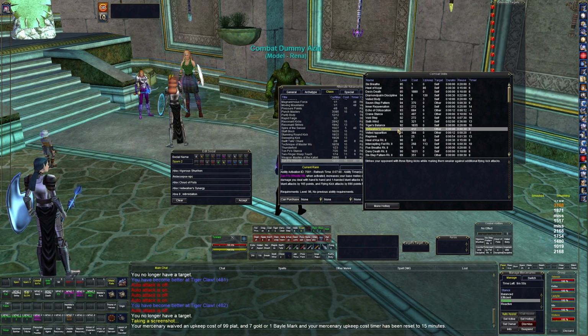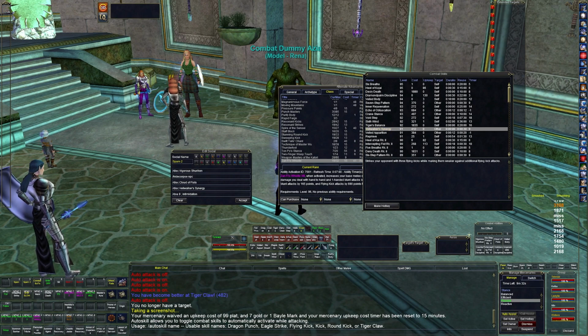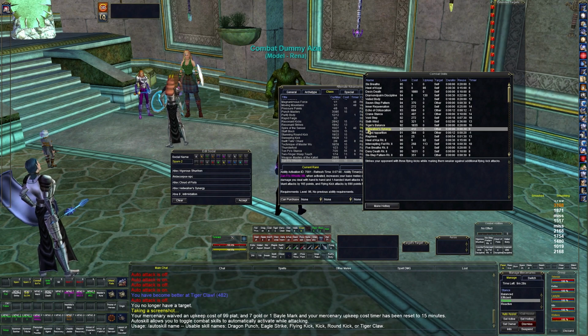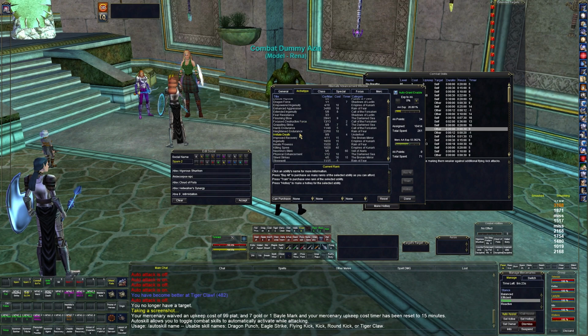Strikes your opponent with 3 flying kicks, and then making them weaker to additional flying kicks. And you'll see that flying kick is our go-to auto skill ability. Right now I'm auto skilling flying kick and tiger claw, and I'll show some of the differences with some of those in just a minute. And then I do intimidation because I'm not sure what the name of it is, but there's an